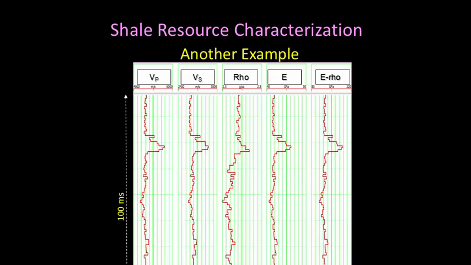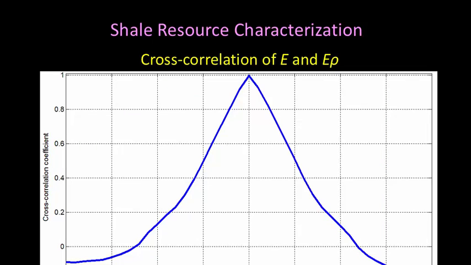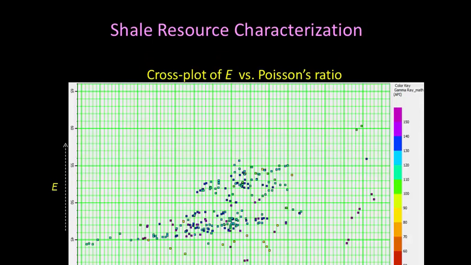Similarly, you pick up another one. Again, E and E-rho curves, they're very similar, and again you can do this. So these things don't take much time. You can quickly go through this exercise. But the implication is important. Here is the E axis. This is Poisson's ratio. And for brittleness, I am going to depend on low values of Poisson's ratio and high values of Young's modulus.